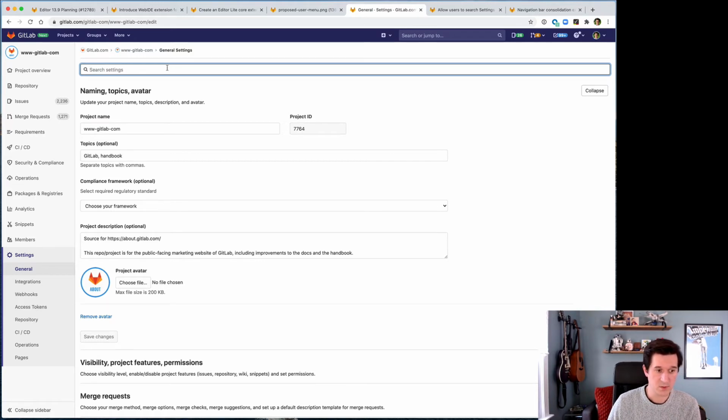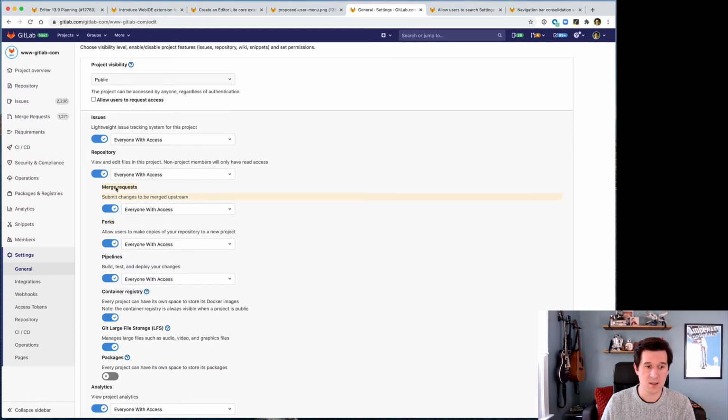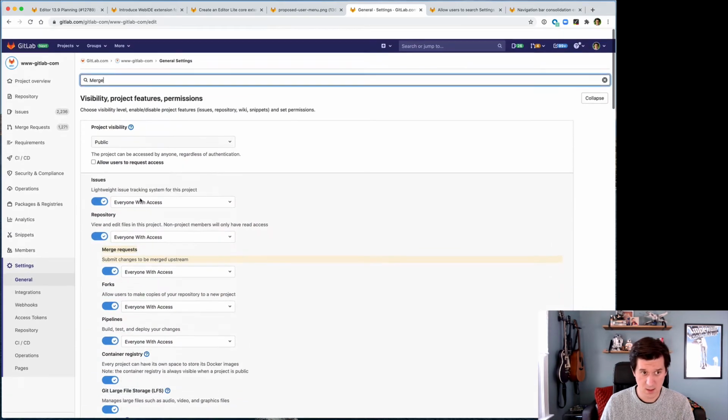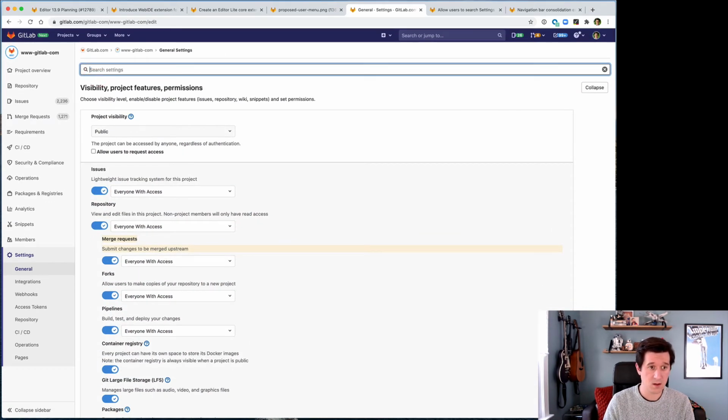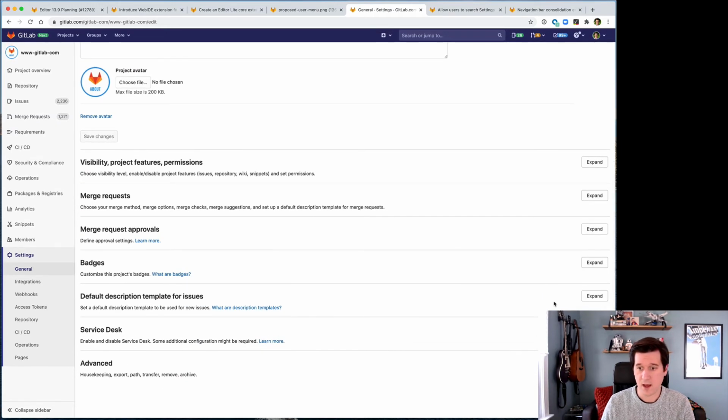So right now it's only implemented on the project general view, but you can see how it works here. If I'm looking for merge request, you can see it starts to filter in and highlights any applicable results. This is really helpful for really long settings pages that might have a bunch of these collapsed sections,